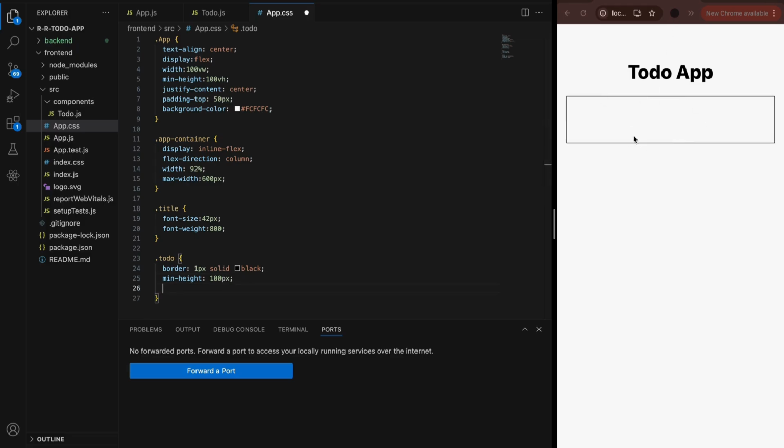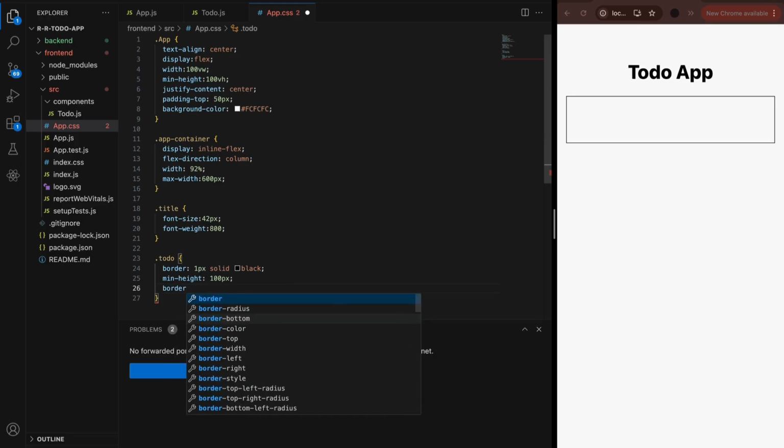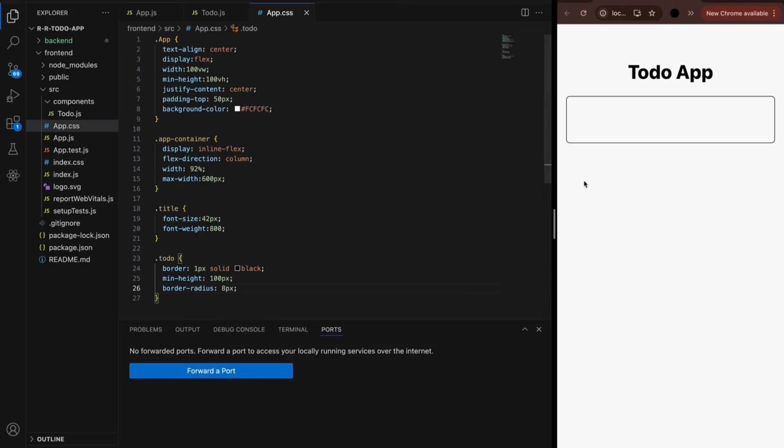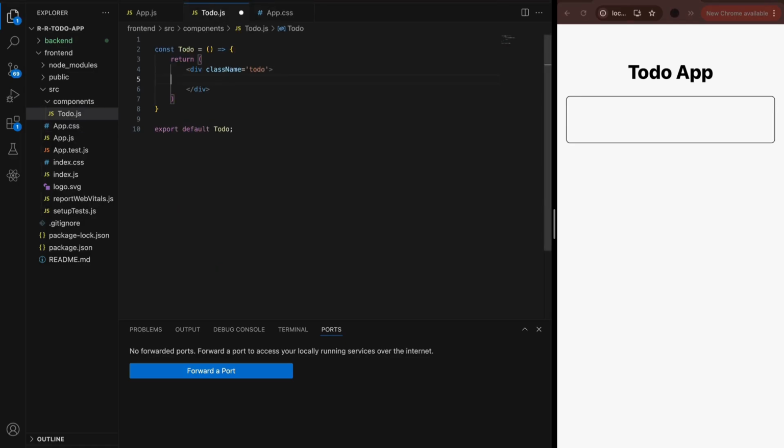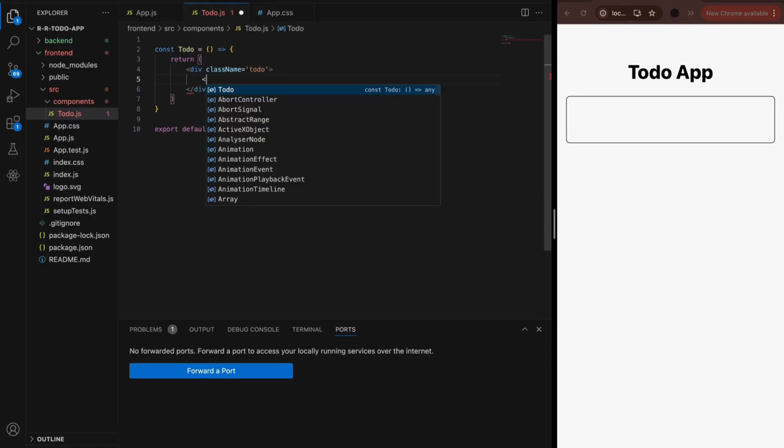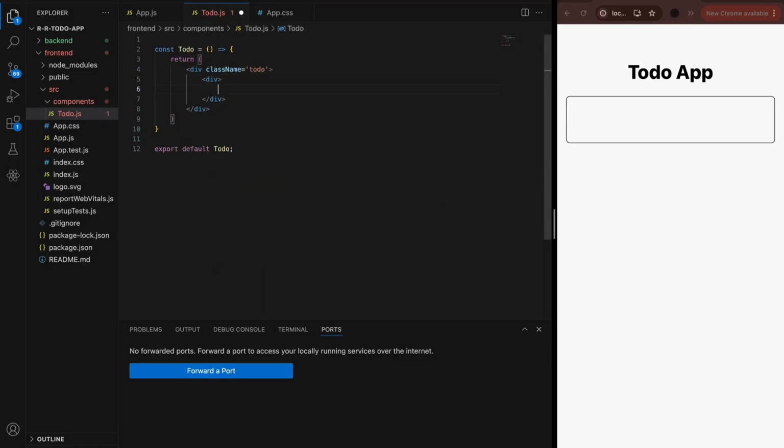There you go. See the box there. We'll make it look a bit nicer, so we'll just give it a border radius. We'll give it 8 pixels. There you go. Looks a bit smoother there. Now what we want to do is inside here we want to make a to-do container, and basically we're going to have our checkbox on the left, our to-do name in the middle, and then our delete button on the right. So if we create a class name called to-do container,